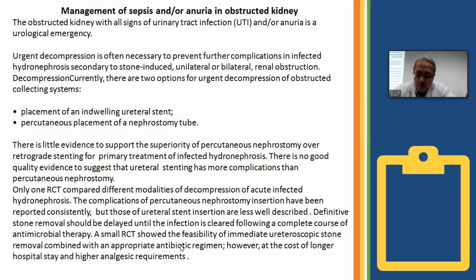But normally, what we classify this kind of a disease aspect is placement of an indwelling ureteral stent and percutaneous placement of nephrostomy tube. One is the internal stenting, the other one is the external stenting. The kind of situation that we have is, for instance, you have done your investigation and you have selected your patient for PCNL, and there is a 2.5 centimeter stone in the renal pelvis.